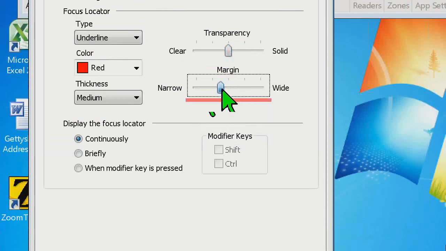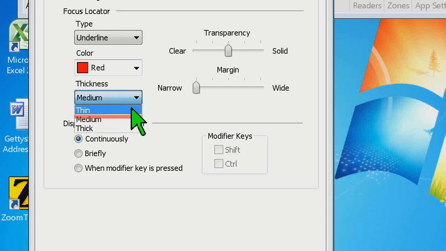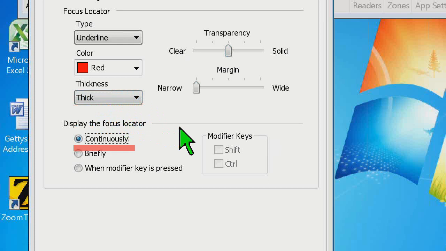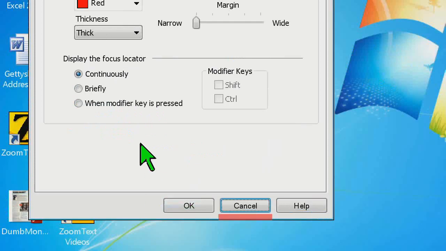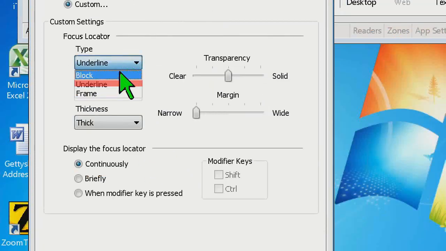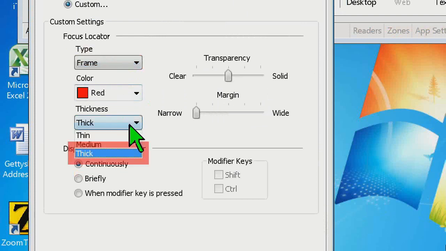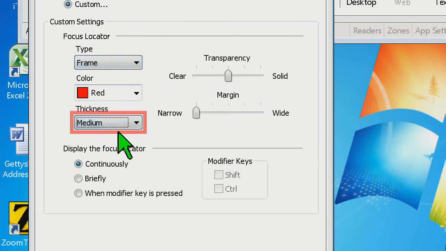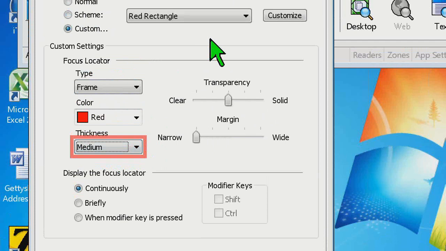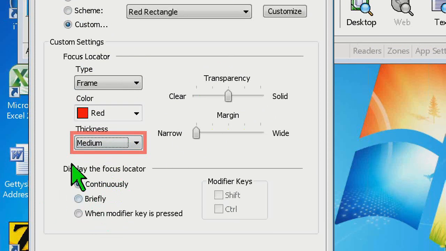Okay, so default is right in the middle, but if you want it to be really tight, set that all the way down to narrow. And then you can even adjust the thickness. So thin with that underline is going to be really thin, and then thick is going to be very thick, as you can see here. And that applies, again, to all of these different enhancements. Okay. So pretty straightforward, and again, you can have one difference here as far as the when to display the